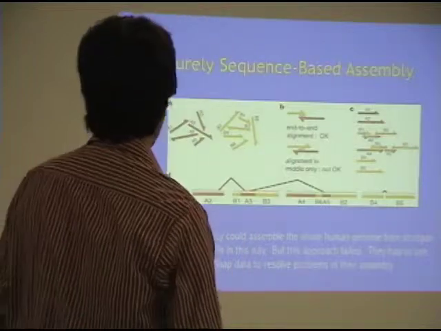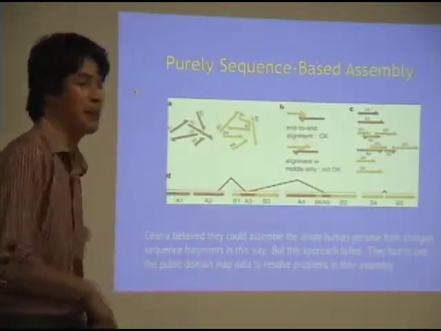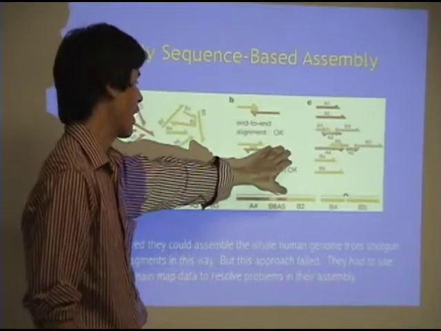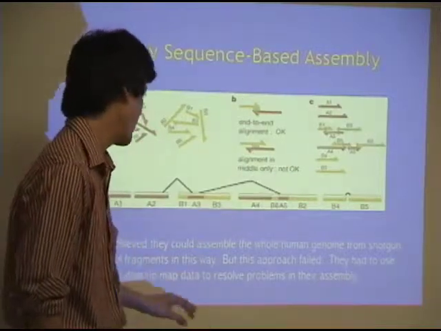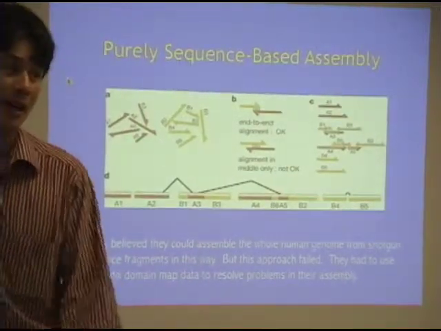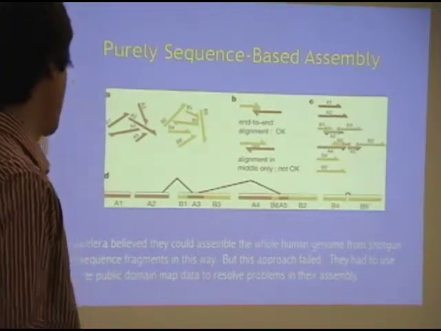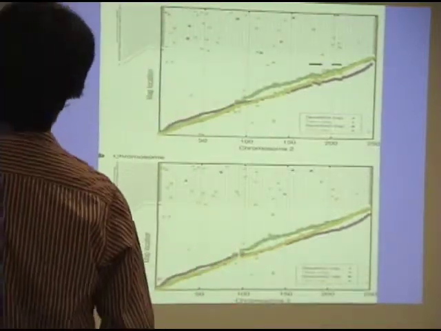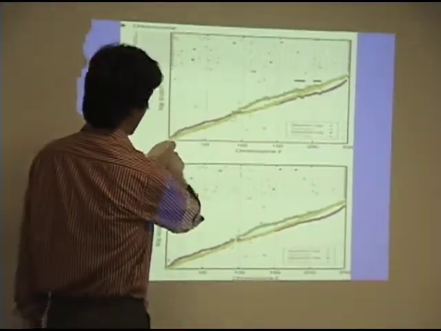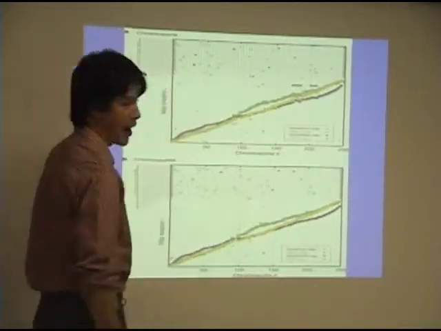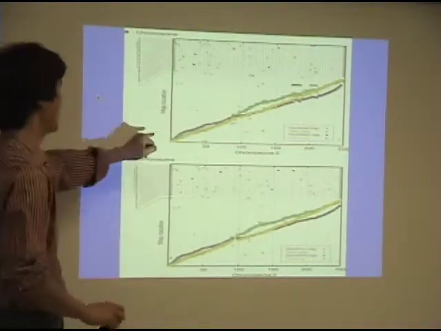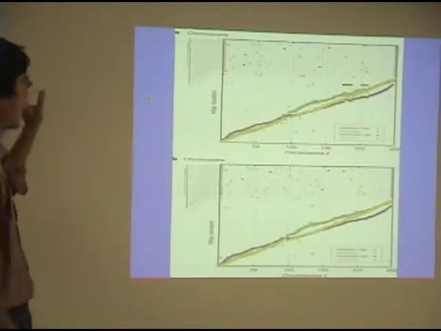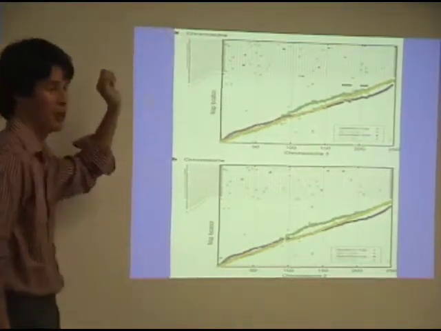The company Celera actually bet that they could assemble the entire human genome sequence this way, and they ran into trouble when they actually tried to complete the full assembly. They actually had to make use of public data. They were competing with the public sequencing project that was using a different approach that had more mapping data. And when you put all these things back together again, for example, take the actual sequence as it was assembled by a particular assembly program, and now you compare it against some completely independent experimental data that basically is a map that biologists have built up through genetic